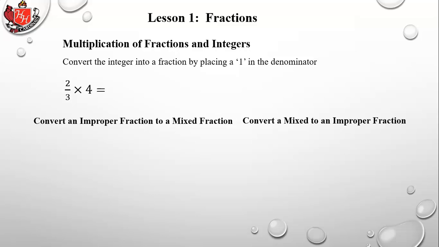So if we have 2/3 times 4, we can simply turn the 4 into a fraction by doing 4 over 1. And now you can cancel, but there's nothing to cancel there. So we're just going to go ahead and multiply straight across, and you get 8 over 3. When the number on the top, the numerator, is larger than the number on the bottom, that's called an improper